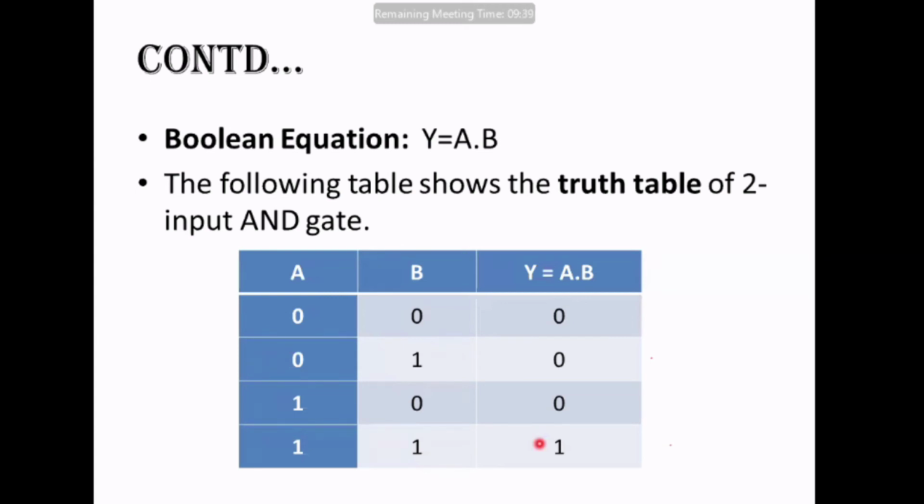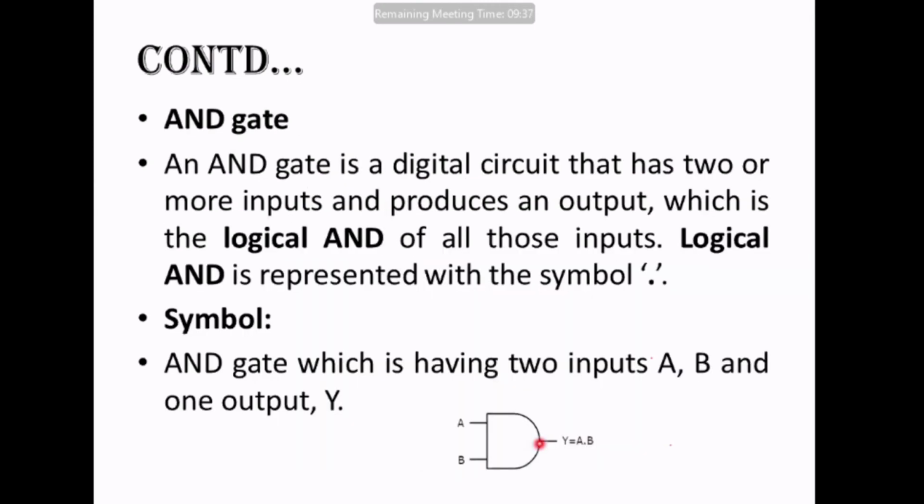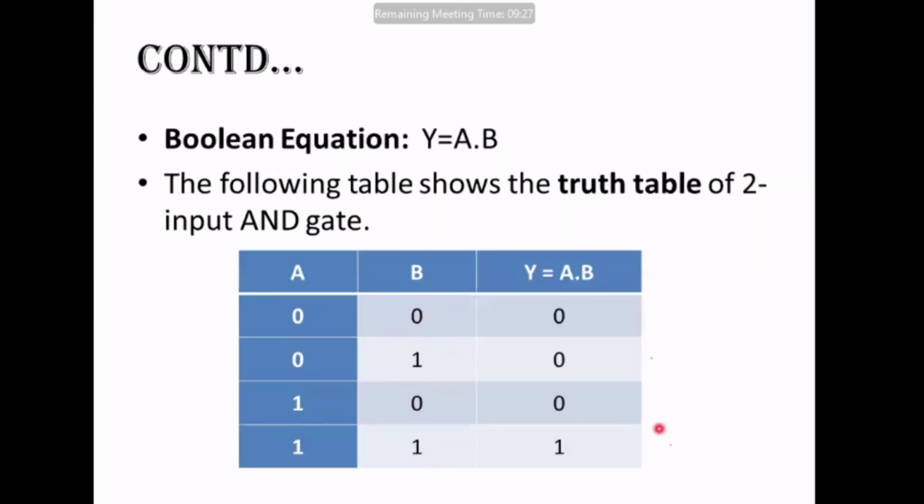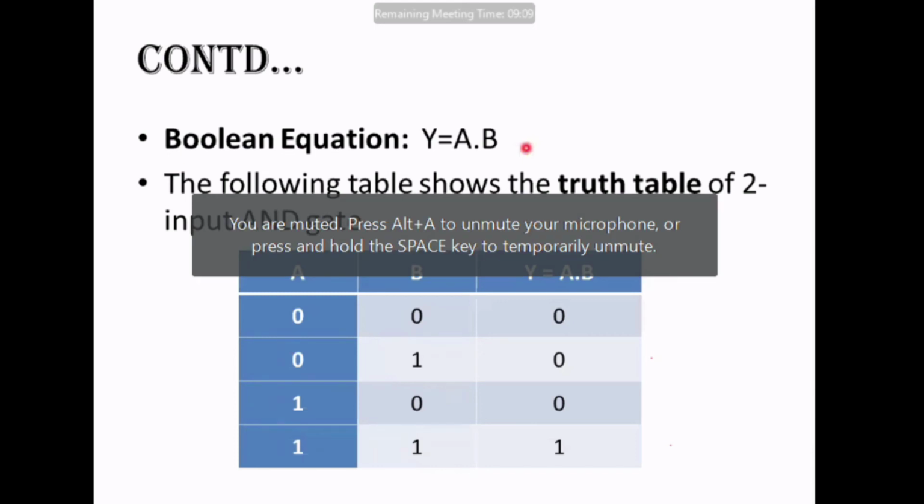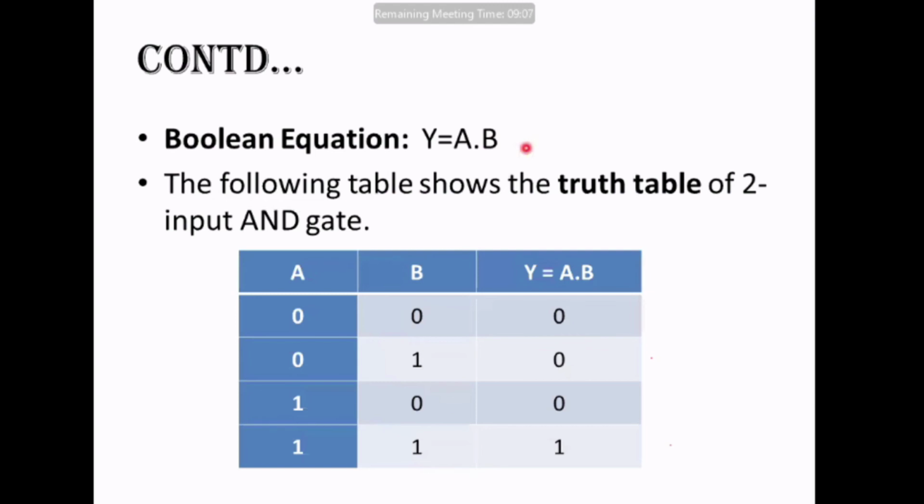You will come to know with the help of the symbol which is there. This symbol will make you recognize which gate is there. Secondly, with the help of the mathematical equation also. If the mathematical equation is given as A dot B, it means that it is the logical AND gate. If the mathematical equation is given as A plus B, it means it is the logical OR gate. Anything will be given to you. Either you will be given a mathematical Boolean equation from which you will have to construct a circuit, or you will be given the circuit on the basis of which you will have to write down the Boolean equation.